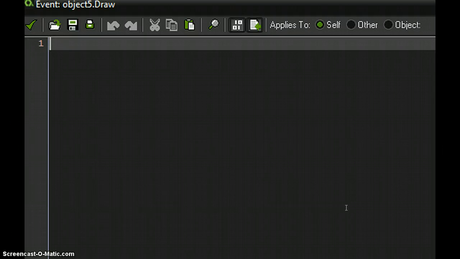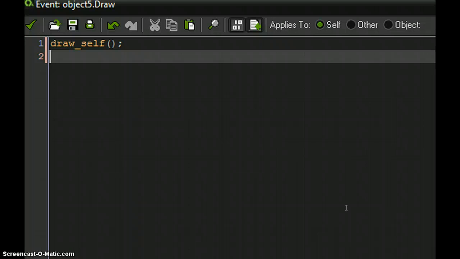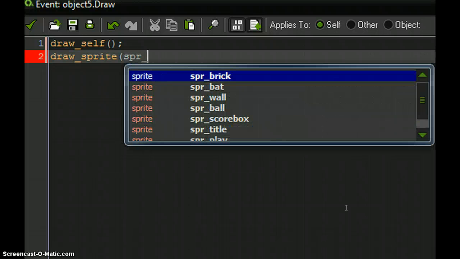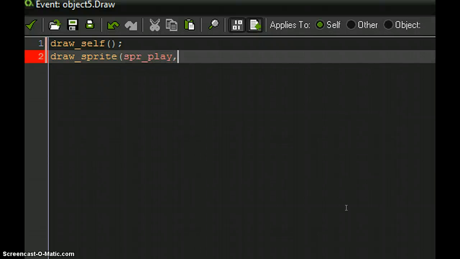Okay, the script. draw_self(); draw_sprite(spr_play, 0, x, 160);